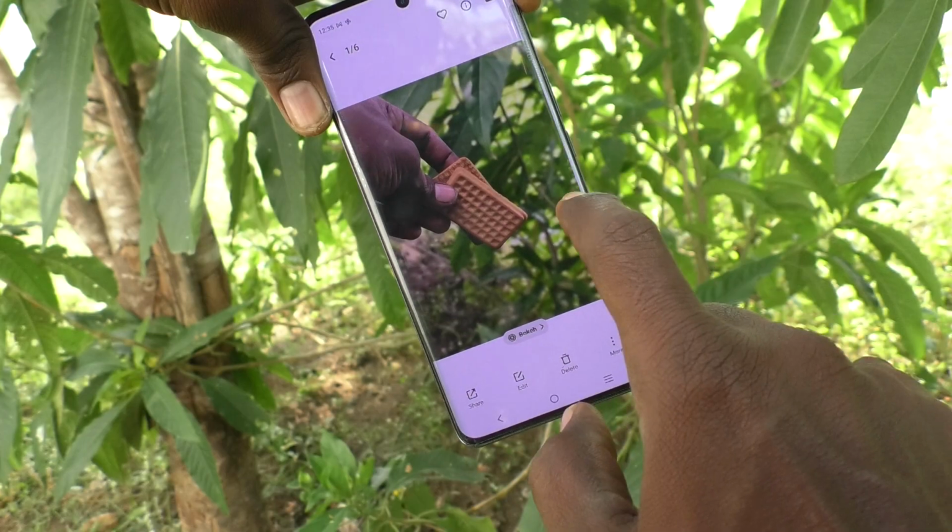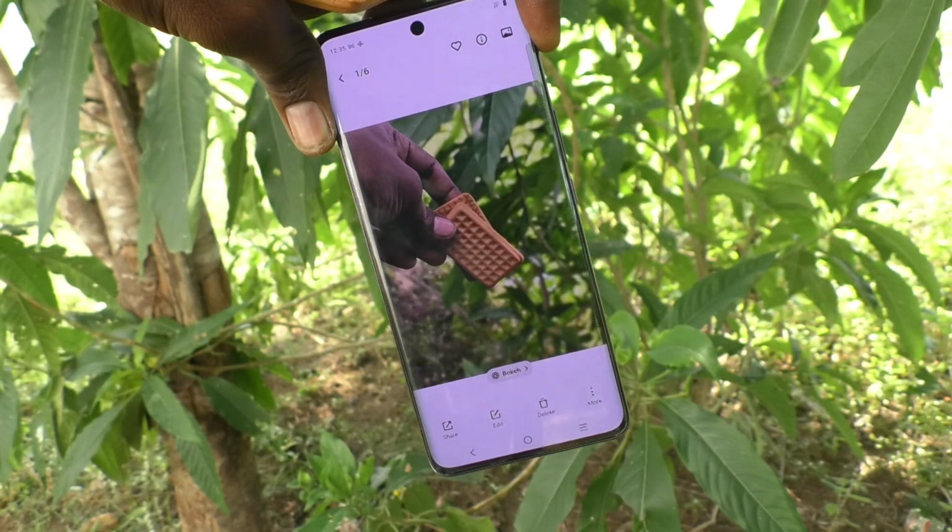So in this way you can easily take background blurred image in your phone